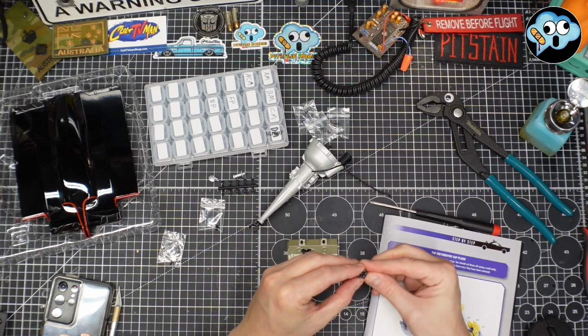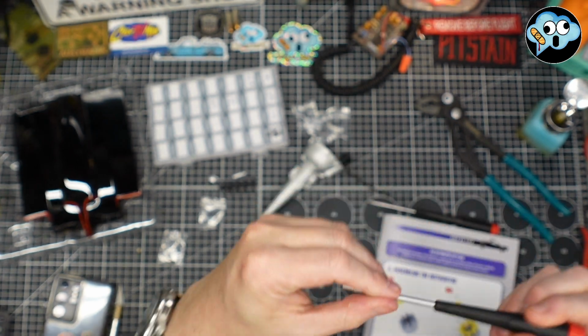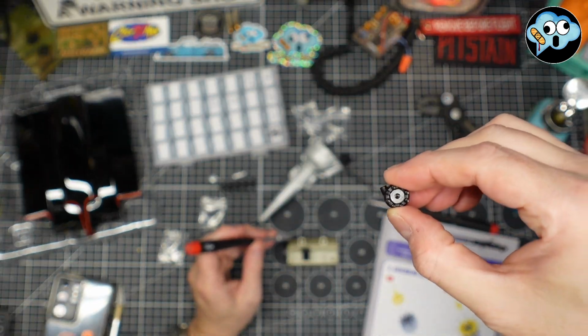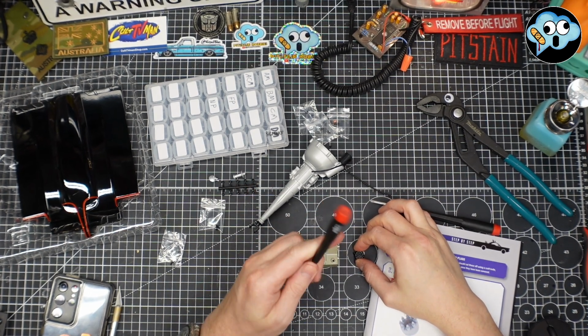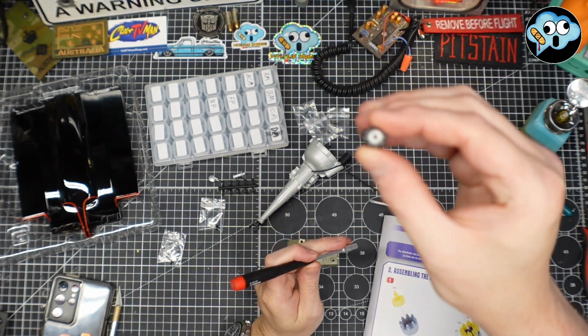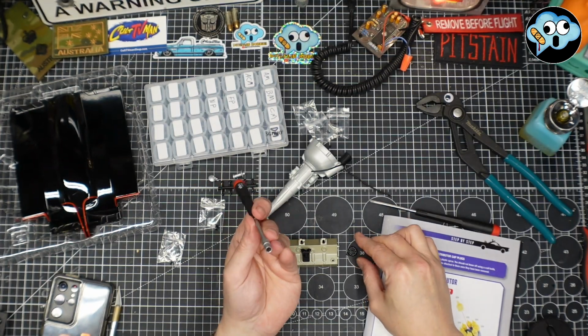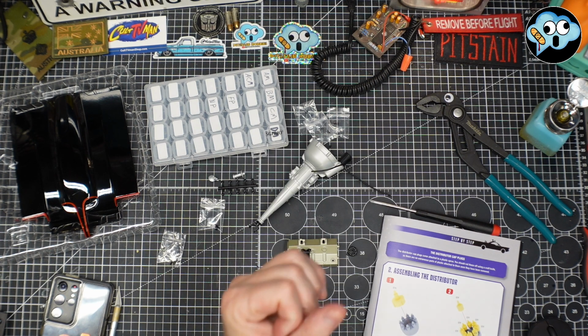I'm going to get that in there. I want to push that down with something. So I have an idea here. We're going to use a little nut driver because it'll go right around the pin without pushing on the pin. There we go. Perfect. So that was a 4.5 millimeter nut driver, and it pushed it in there just perfect. You could use any piece of tube or anything about the same size. That'd work fine. Even a piece of plastic or brass tubing or anything tube